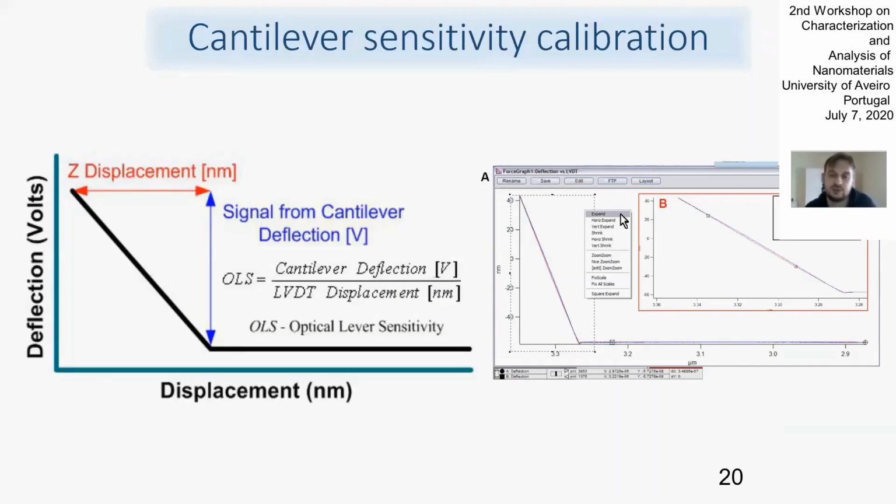And it actually is a good way to calibrate the cantilever, because when you measure these force distance curves, it will look like on the slide. So you don't have any hysteresis, you have only a linear slope, and these slopes allow us to understand the coefficient between the changes of the signal of the photodiode and the changes of the cantilever displacement in nanometers. It helps us to calibrate the tip,